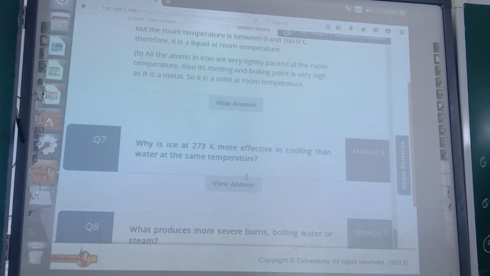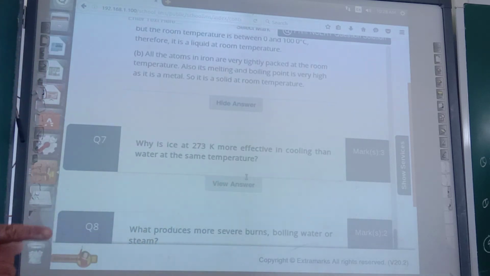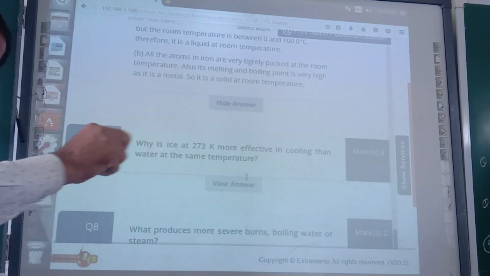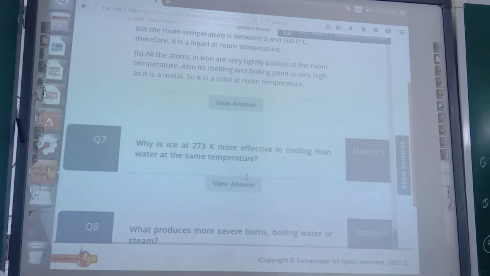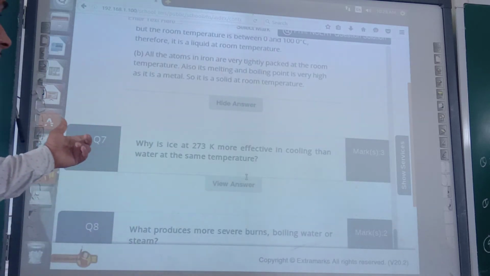Now just see, 0 degree Celsius, which means 273 Kelvin, is the freezing point as well as the melting point of ice. Okay, the moment you keep the ice at 0 degree Celsius or 273 Kelvin temperature, what it will do? It will absorb heat from the object or wherever it is kept to be melted into liquid state. So whenever it absorbs heat from the object, the substance will be cool. Okay, because their heat has been taken away by the ice.